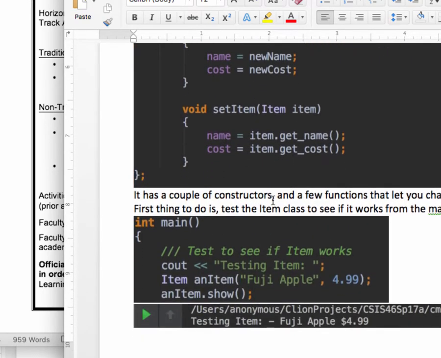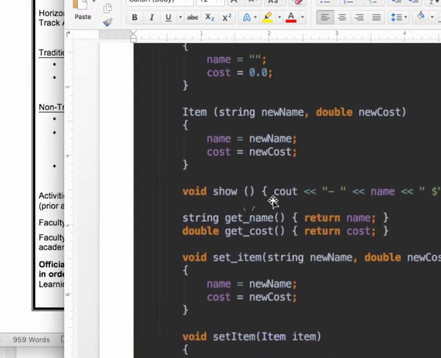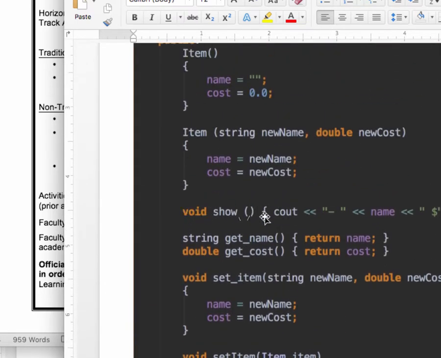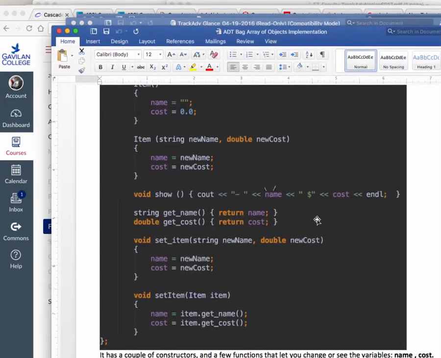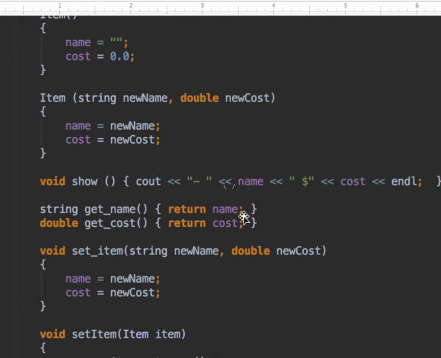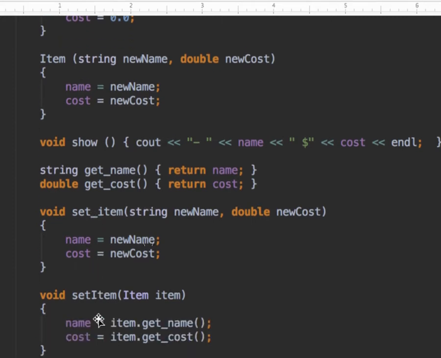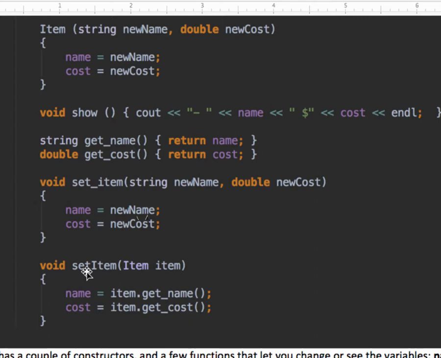So that's one. And of course, I need some methods to show the properties, right? I want to be able to show the thing. Let me zoom out a little. All right, so I want to be able to show the name and the cost. And I also might want to get the name, which returns the name, or get the cost, which returns the cost. And maybe once I have created the item, I want to change the Fuji apples to lowercase f and $3.99. Then that's what this method is for, so that I can modify the existing object. Set item allows me to